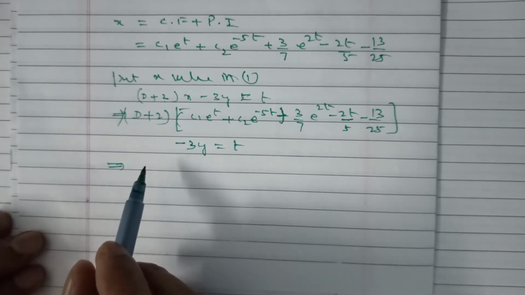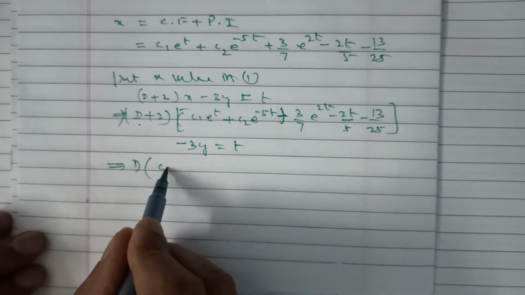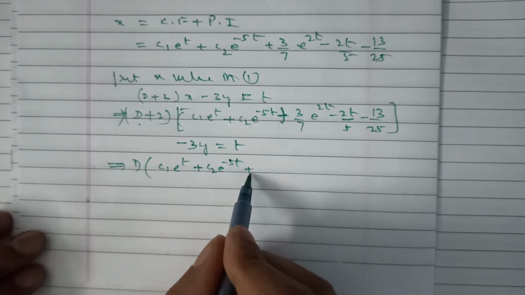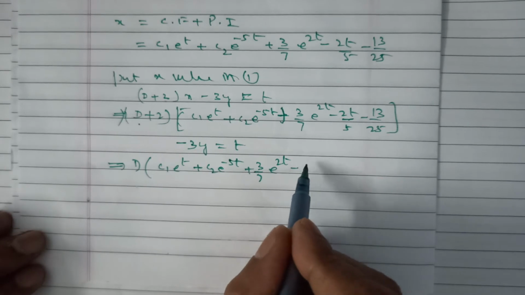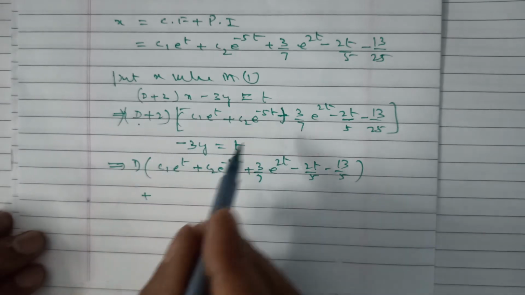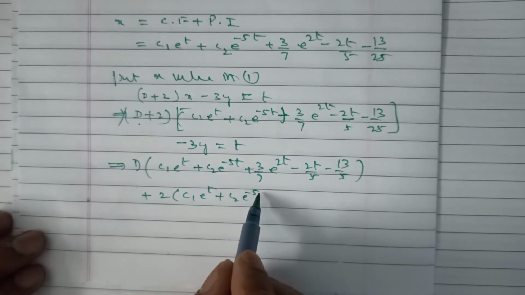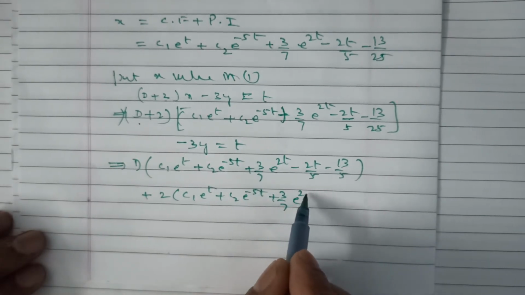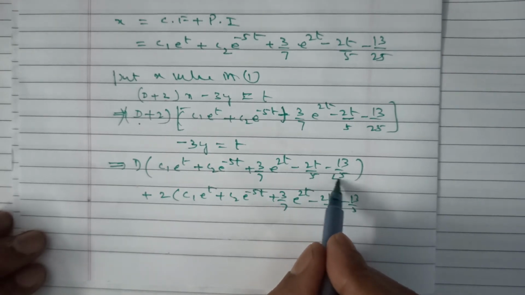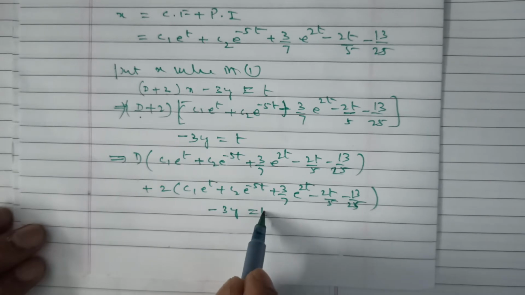First of all, differentiation of c1 e^t + c2 e^(-5t) + (3/7) e^(2t) - 2t/5 - 13/25, plus the remaining 2 times the same expression, c1 e^t + c2 e^(-5t) + (3/7) e^(2t) - 2t/5 - 13/25, minus 3y is equal to t. Implies,